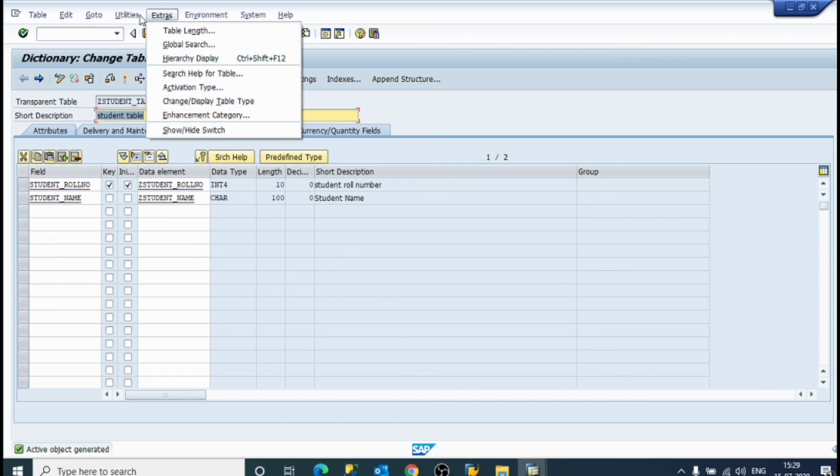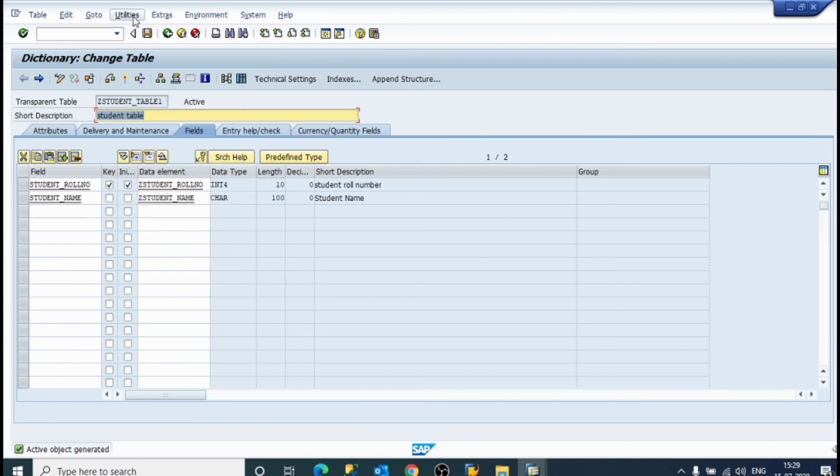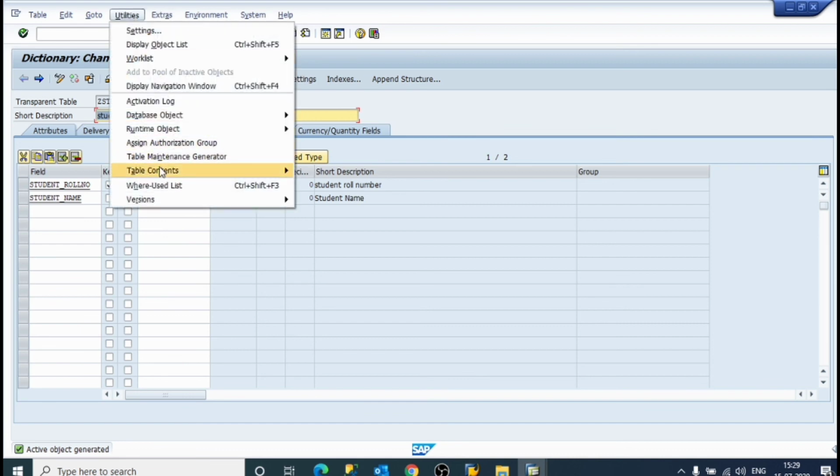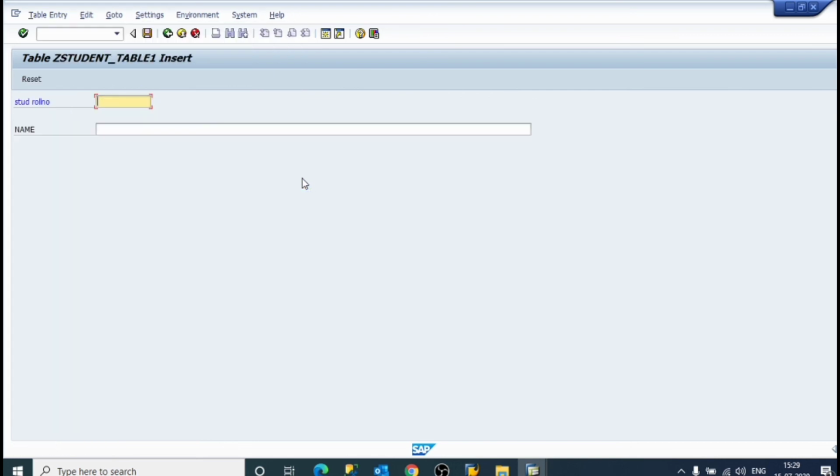Now click on utilities, table content, create entry, name and roll number. So student roll number is 1, name, save, back.